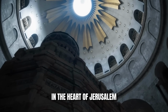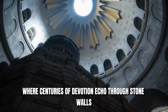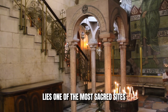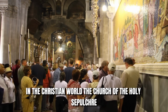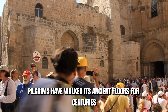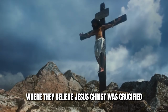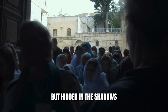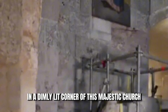In the heart of Jerusalem, where centuries of devotion echo through stone walls and candlelit corridors, lies one of the most sacred sites in the Christian world, the Church of the Holy Sepulchre. Pilgrims have walked its ancient floors for centuries, weeping, praying, and worshipping where they believe Jesus Christ was crucified, buried, and resurrected. But hidden in the shadows, tucked away in a dimly lit corner of this majestic church, there lay